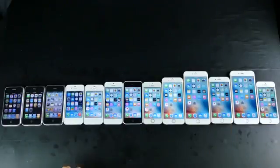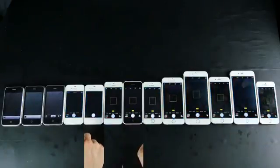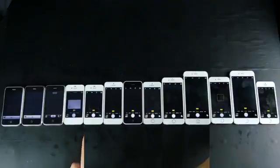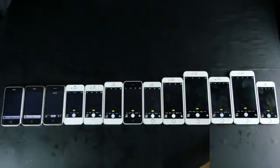Next, I tested loading the camera app, and as you can see, basically the iPhone 5 and above almost loaded them all at the same time with a couple milliseconds in between. It's the older phones that have the few second delay, which would pretty much miss a very important camera shot. So far, we can basically see that the older the device gets, the slower it is,